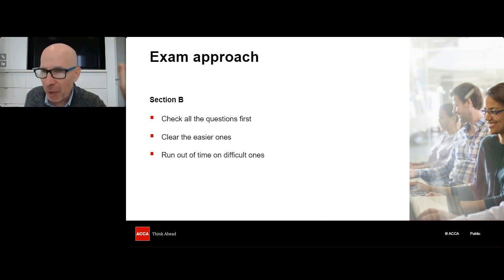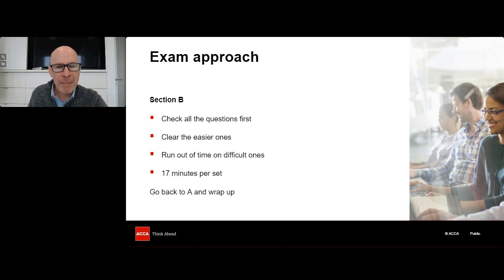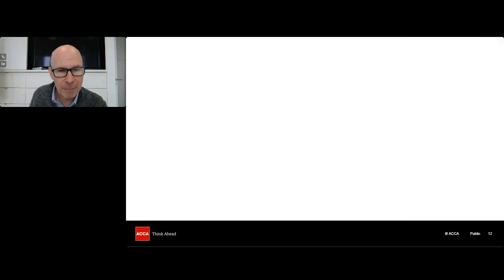A couple of times when I've simulated the exams, I was stuck in section A. I left it. I did B and C in the other order. And then my memory, oh, I remember what to do now. And I went back and I was able to clean up another question or two in section A. Okay, that is the exam approach. With the buffer time, you go back to A, wrap things up.